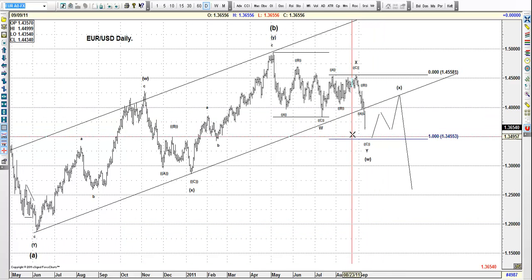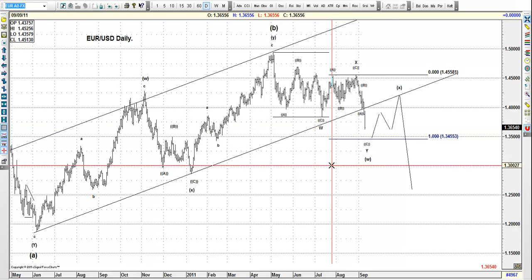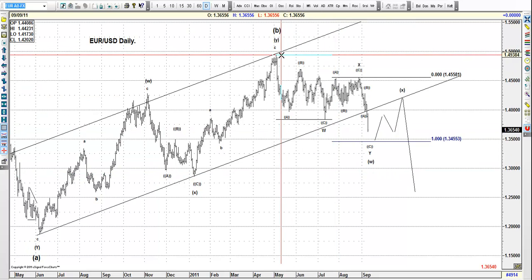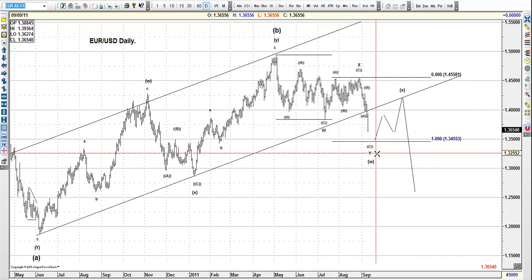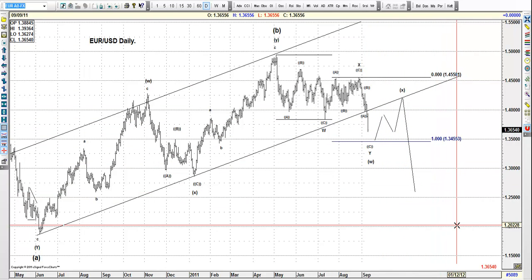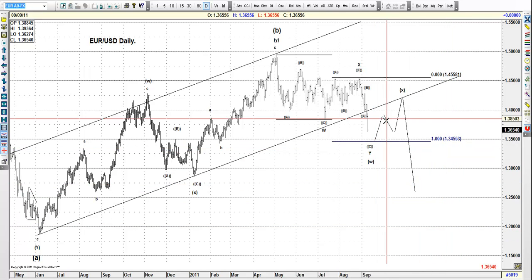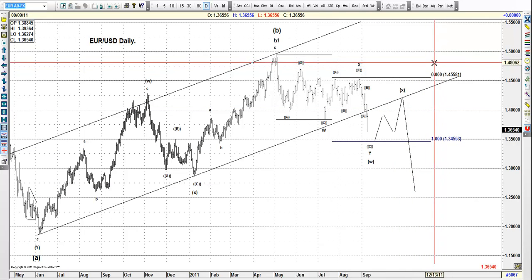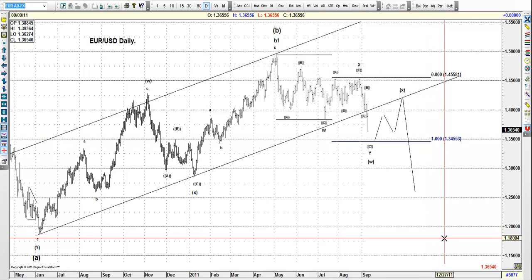And then we believe that there is more chance that the euro had found a top at 141.40 at this stage. The proposed path is WXY will become W, A, B, C, and then a continuous three-way move to the downside, with an alternative move or an alternative count that is going to trade higher in a B wave and then a flat.